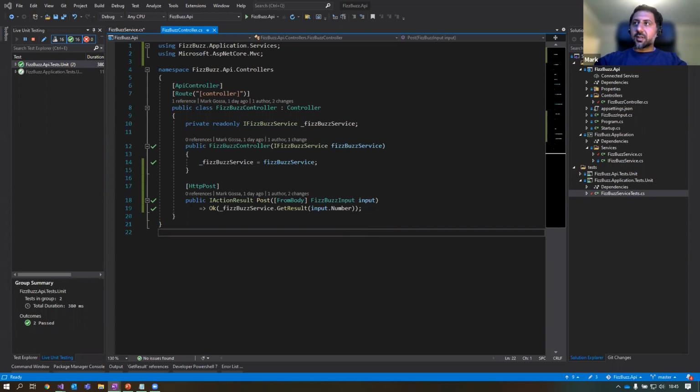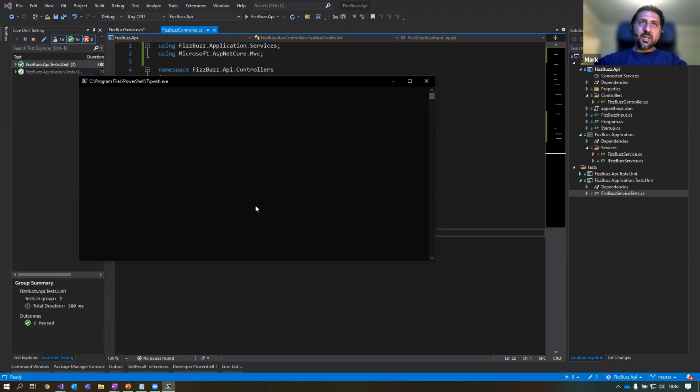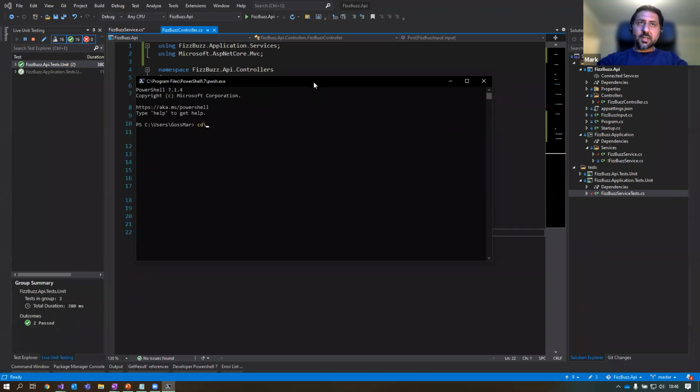So we've created a little PowerShell script to do that for us. If I go start run and type in pwsh, I'm using PowerShell 7. When it eventually opens up, let me clear that up a bit.